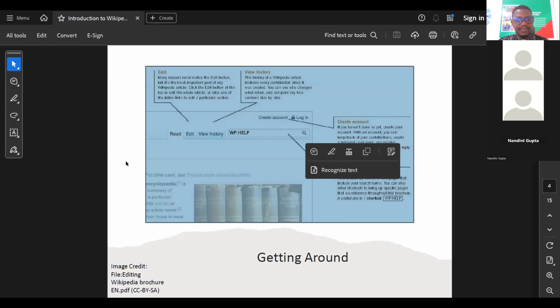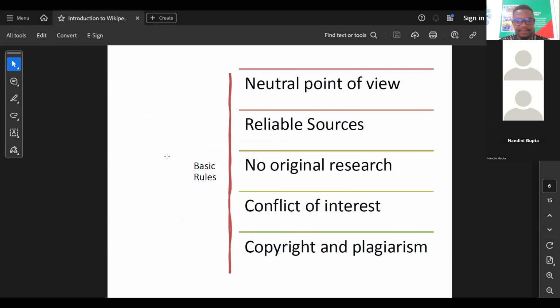Okay, great. All right. So when you are writing on Wikipedia, we should avoid conflict of interest. For example, if you are writing about your relative or someone that is closer to you, it is better to recommend people to edit it or write about the topic rather than writing it yourself, because chances are that you will not be neutral, and there may be content that is quite biased in terms of how you know the person.